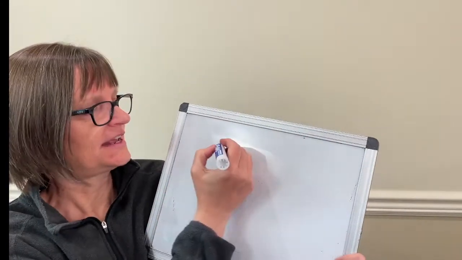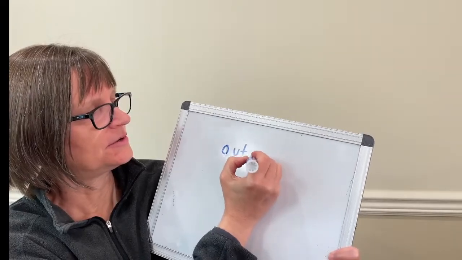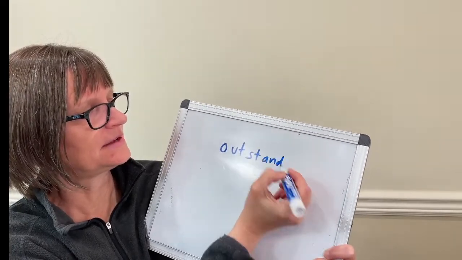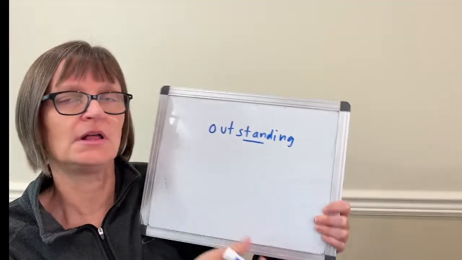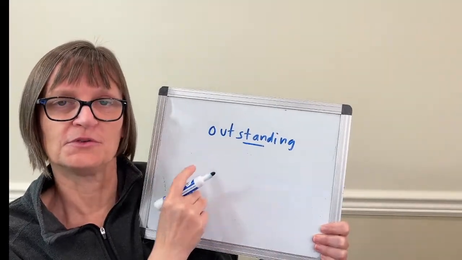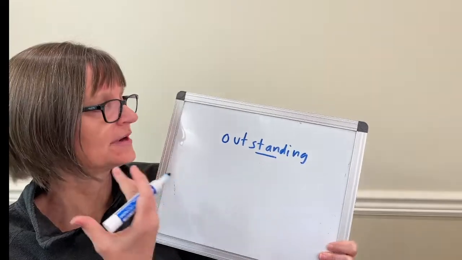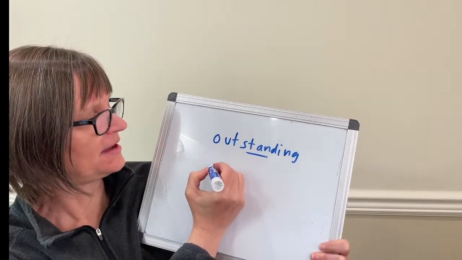We have a question about, oh yes, so outstanding was the question. So if something is outstanding, we're stressing on the stand syllable. The letters OU say ow, like in out or cow. So you can think about it like